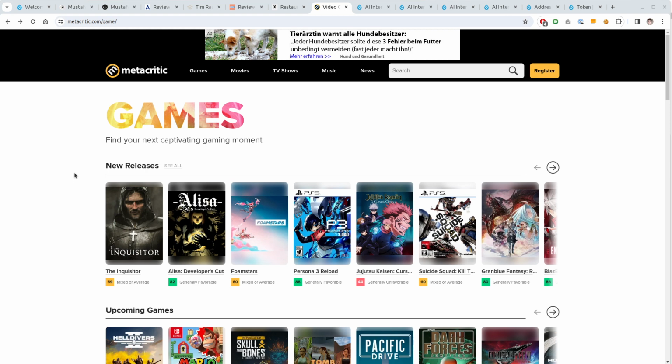So for people that don't know Metacritic, it's an awesome website for basically figuring out if a game is good or great or worthless and so on. Same for movies, TV shows, music, and I don't know, they might have other stuff as well that's not here in the menu. So how it works is, compared to a normal reviewing website, it aggregates all the reviews and